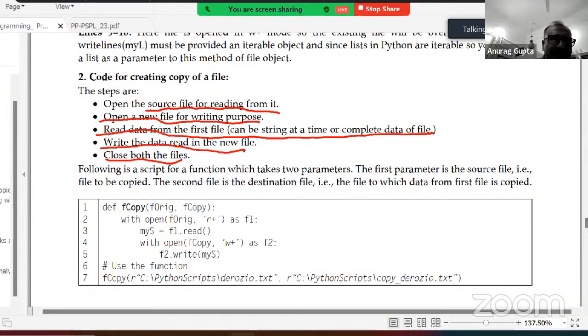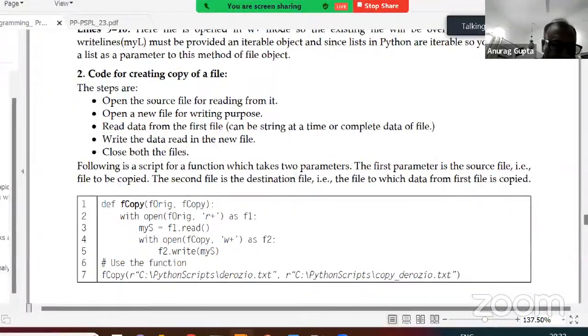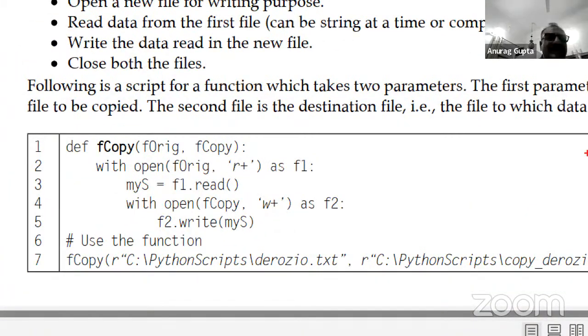So the function is like this. Let me show you again. This is a very simple function which I've written in my book. The name of the function is fcopy. This is the name of the original file, and this is the name of the copy.